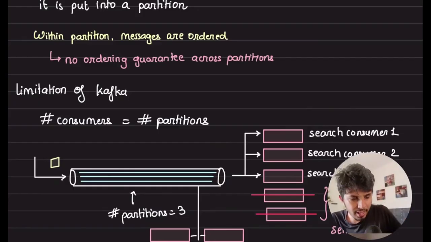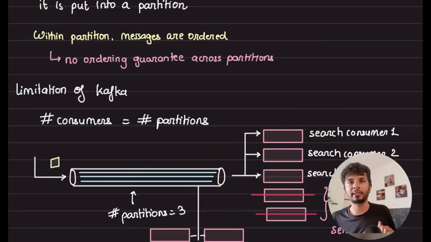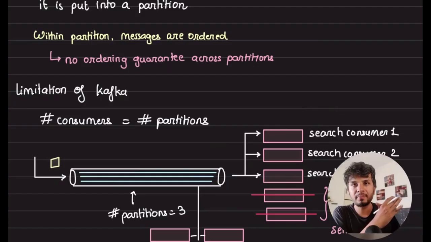Now, next time when that consumer starts, due to any reason, if the consumer failed and it starts back up again, it starts from that exact same point, right? This is how you get resumability in Kafka. You don't have to start from the utter beginning always, right? You can start from the middle by committing to that.